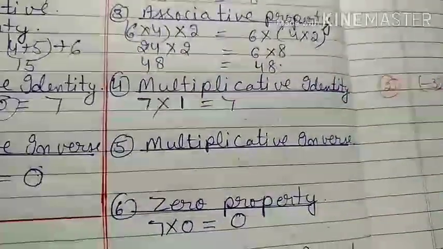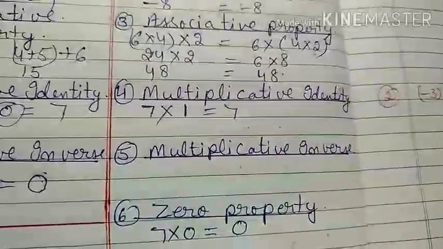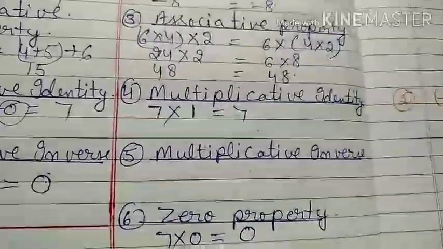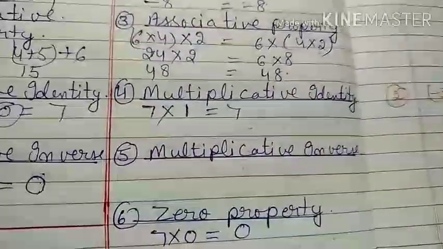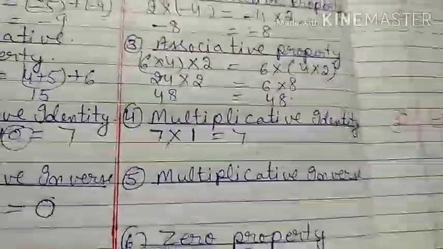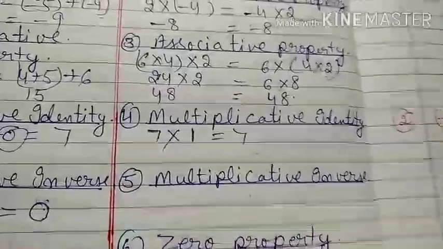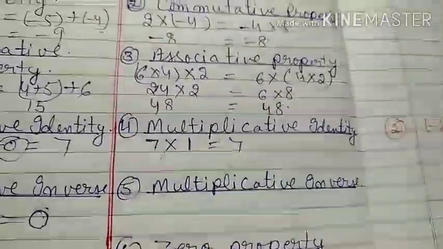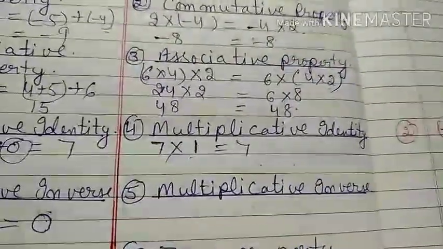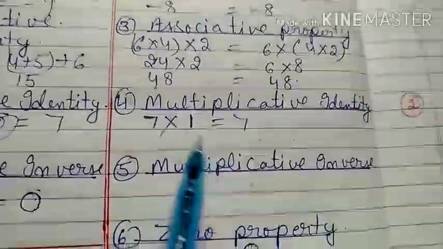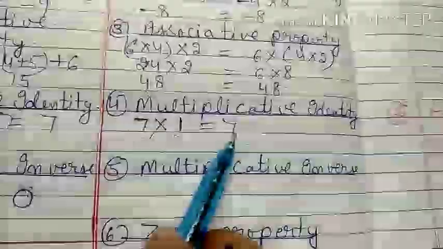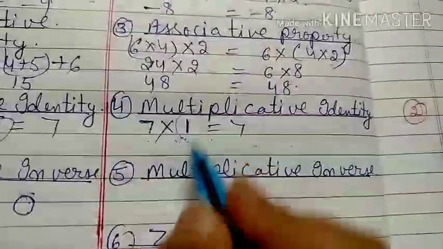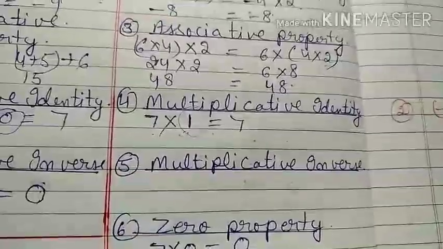But multiplicative identity means if you multiply any integer by a particular number, your answer will be the same number. That number is 1. If you multiply 7 by 2, that gives you 14. Your original number is changed, so that is not considered multiplicative identity. Multiplicative identity is considered as 1. Here 7 into 1 is equal to 7. So 1 is always considered the multiplicative identity of any number.